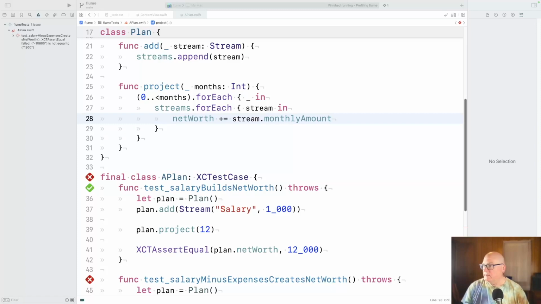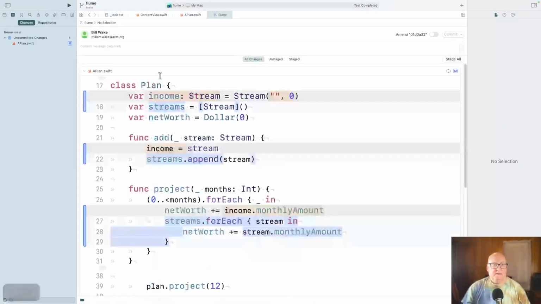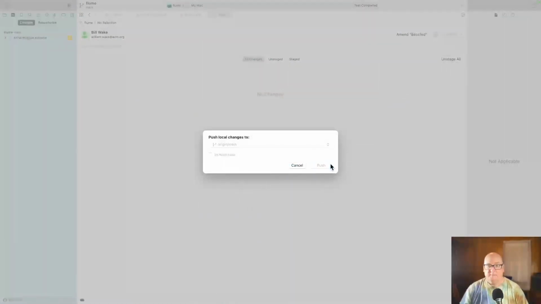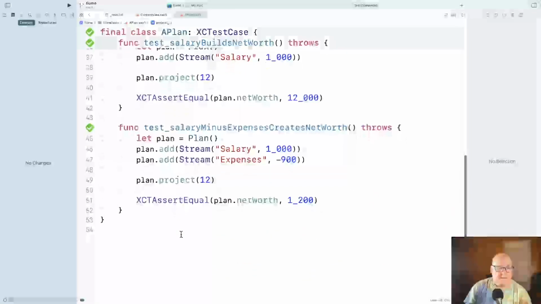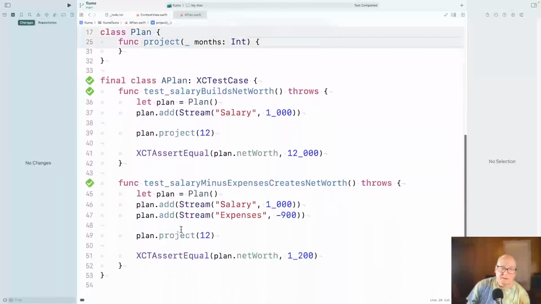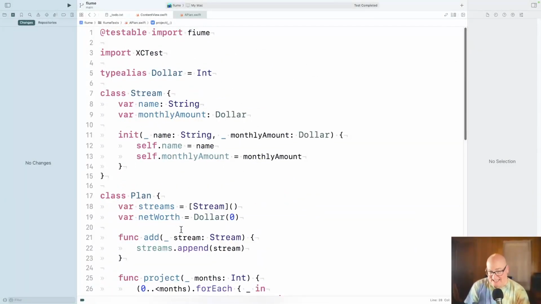That's not the right thing. I must have hit profile somehow. Okay. So allow multiple streams. All right. Streams holding stuff, that feels okay.